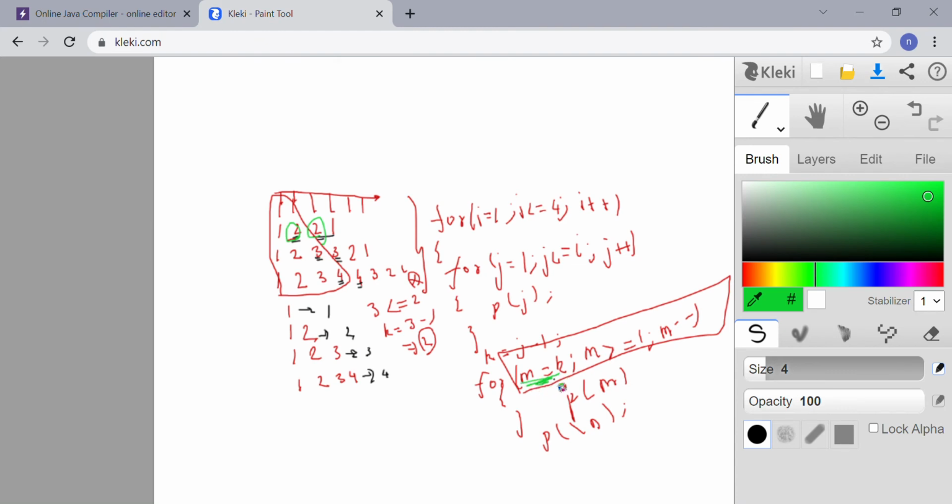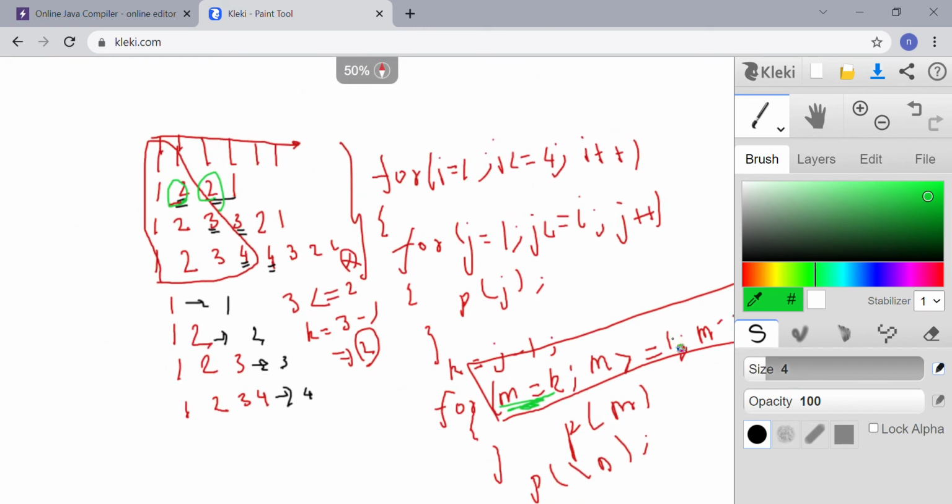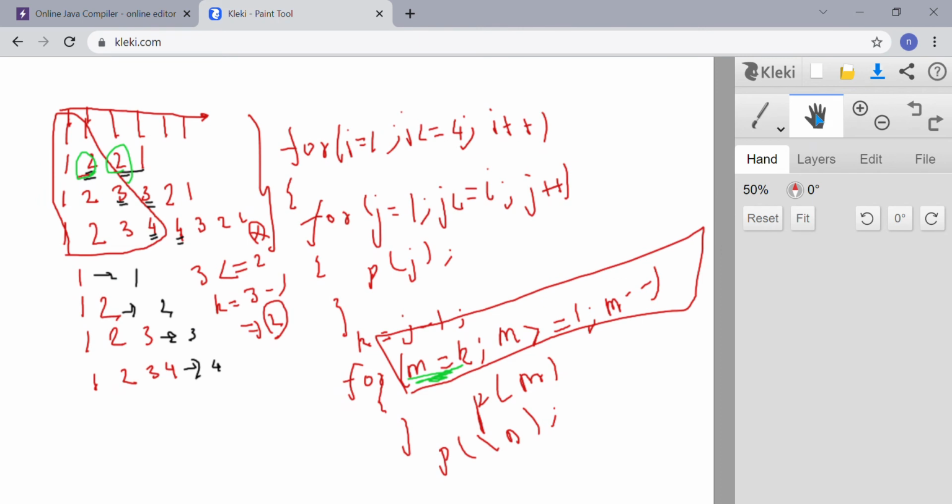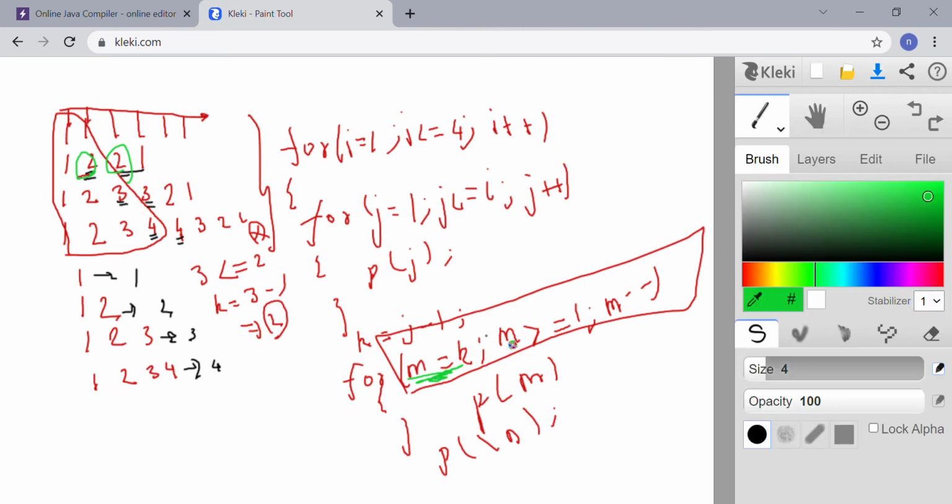Then why I am decrementing the m loop is because m is equal to 2 here, then I need to go for 1.